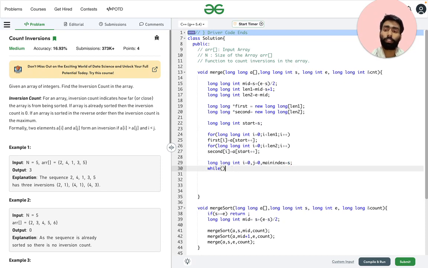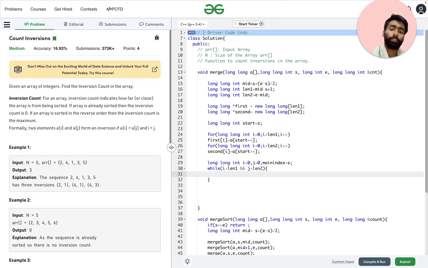So let's start here. While i is less than L1, meaning the first part of the array still exists, and j less than L2, meaning the second array also exists.